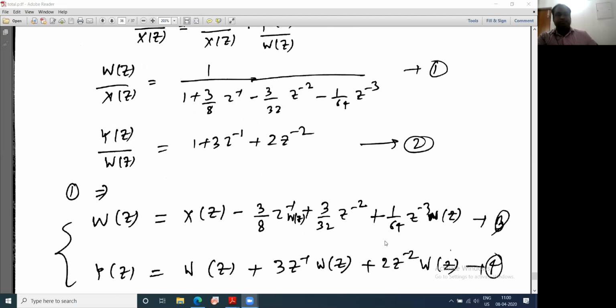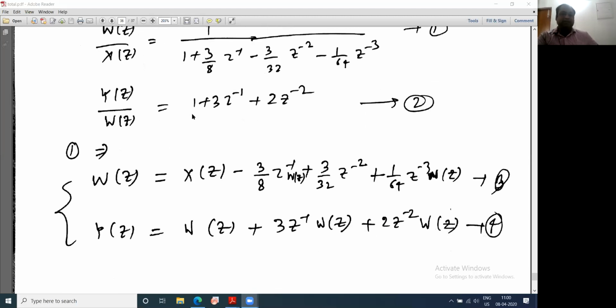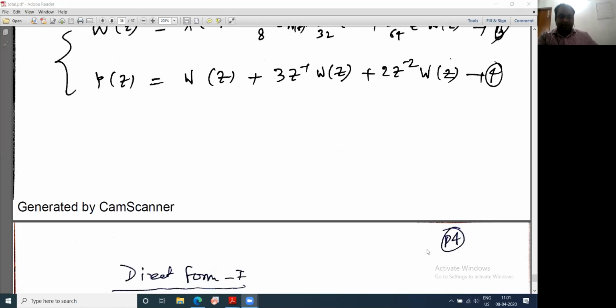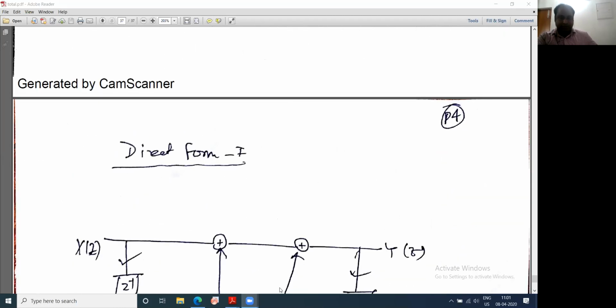Yes. Fine. Now Y(z) equals this, multiplied by W(z), minus 3z inverse W(z) plus 2z to the power minus 2 W(z). So ultimately we have got these two expressions. Now we have to realize. Realize means